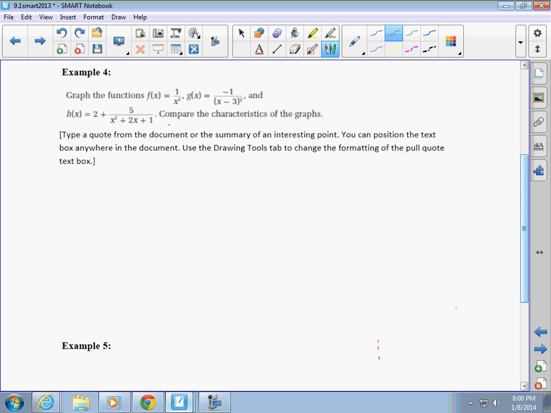Okay, so our normal graph would be y or f of x is equal to 1 over x. That's the one where it just looks like that. If I have 1 over x squared, that means I'm not going to have any negative y values. My y's are never going to be negative. So for the first one,